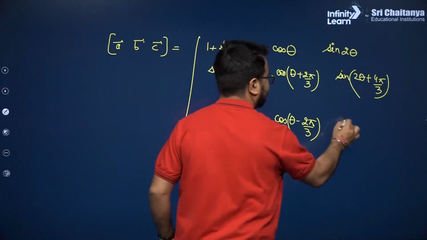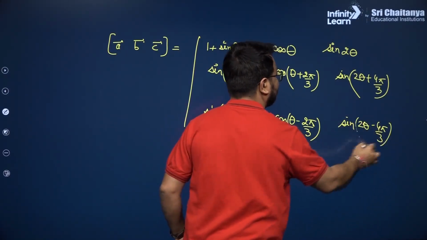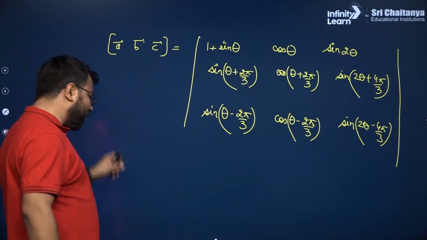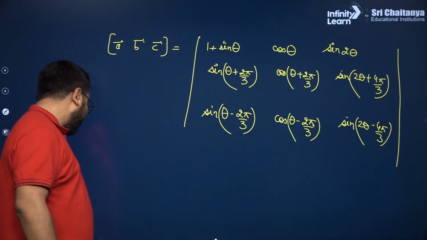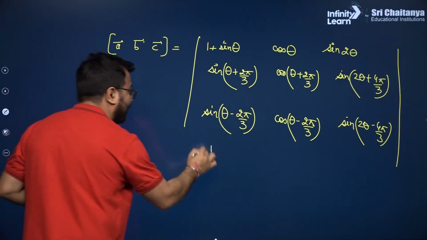Okay, so I'm writing here sin(2θ − 4π/3). I'll apply the operation R1 → R1 + R2 + R3 and try to simplify this expression. Do you know what simplification we are observing here? After the simplification, it will be very easy for us to convert it into the form of root